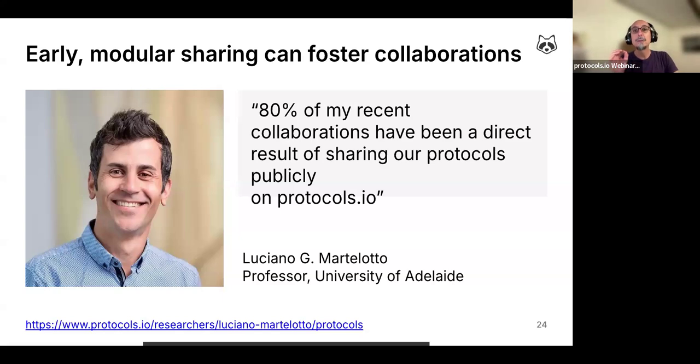Publishers do not consider publishing in protocols.io prior publication. So just like sharing preprints in bioRxiv, sharing in protocols.io is like preprinting methods. So we have never seen a case of that hurting authors. So we encourage people to share publicly whenever their protocols are ready.